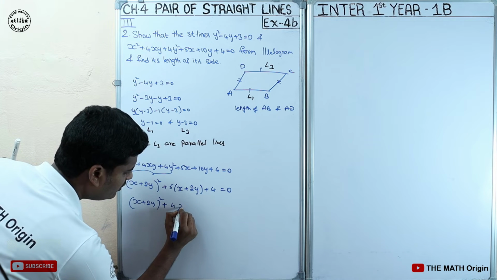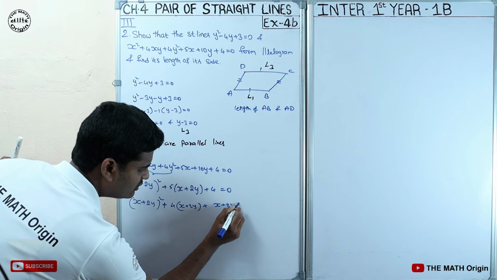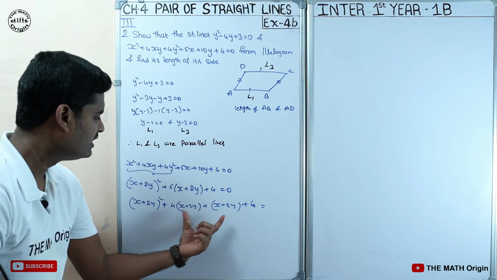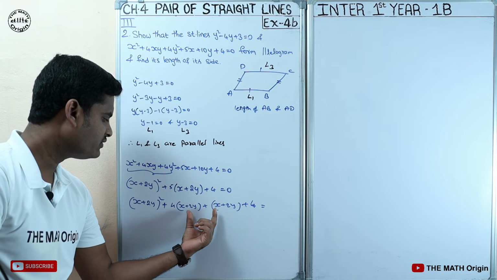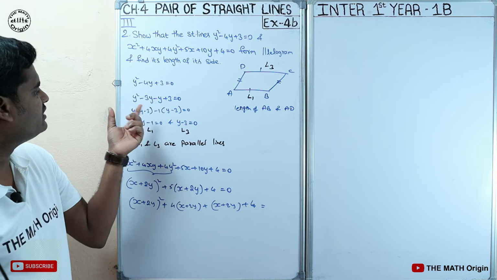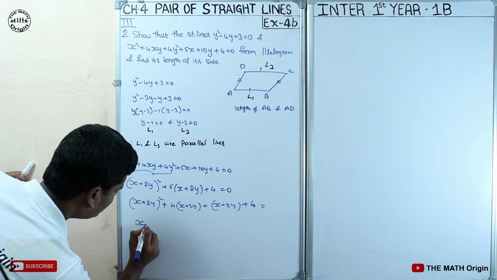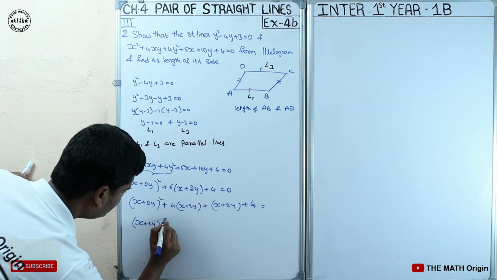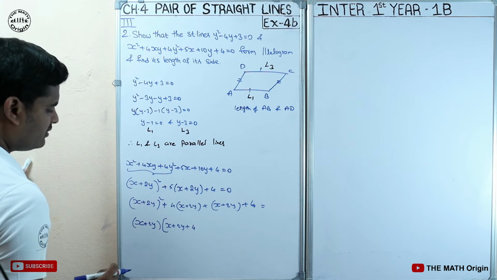So I will make it as 4(x + 2y) plus (x + 2y) plus 4. If you see here, the sum of these two values is 5 of (x + 2y) and the product of these two will be 4(x + 2y) whole square, which is similar to the way we did factorization here. So from this I can write (x + 2y). I will take (x + 2y) as common from this. So the value is (x + 2y) plus 4.